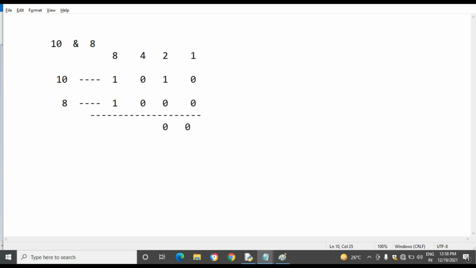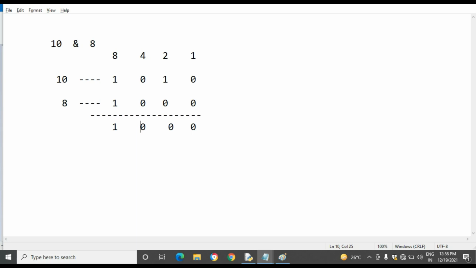Here both the conditions are false, 0 0, so it will display the result as 0. Then here 1 and 1, both the conditions are true, so it will display the result as true.